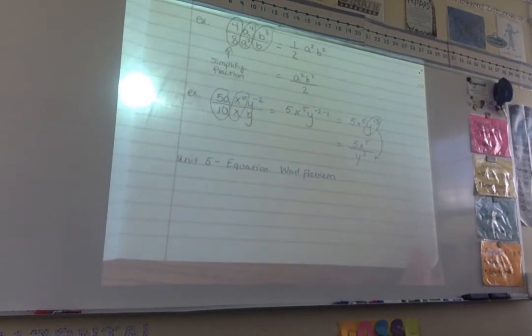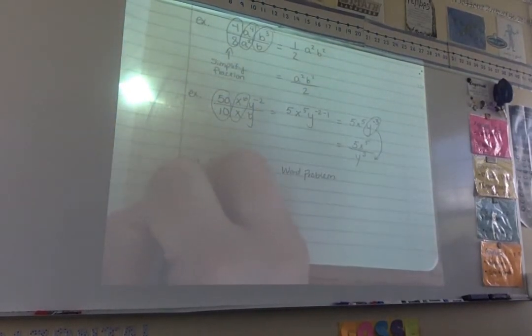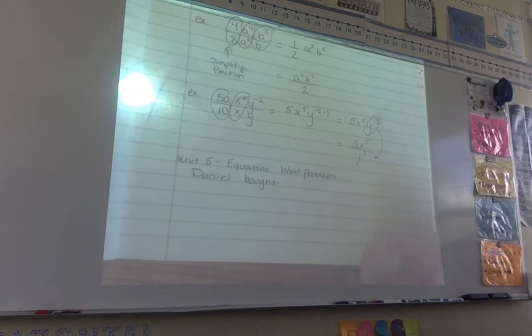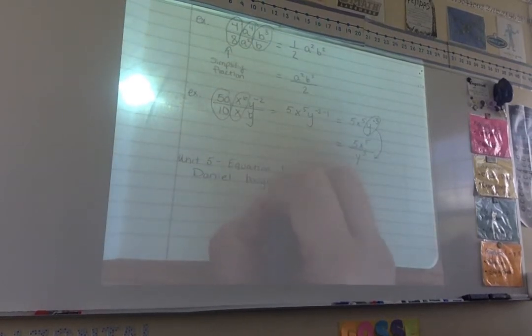And I'm going to write it down. So Daniel bought... where did he buy? Daniel bought coffees. He bought how many coffees? I mean, 1, 2, 3, 4, 5. There's 5 people in. Bought 5 coffees